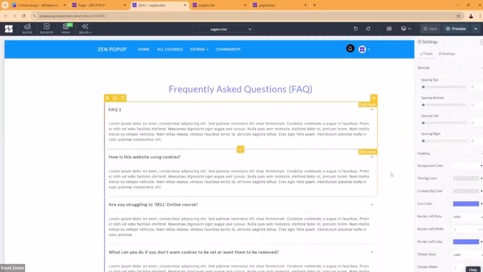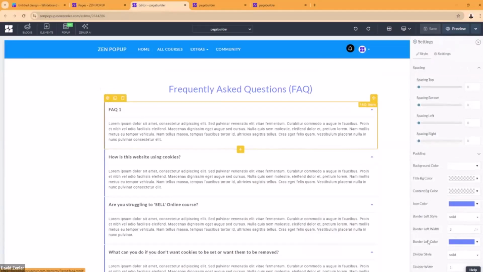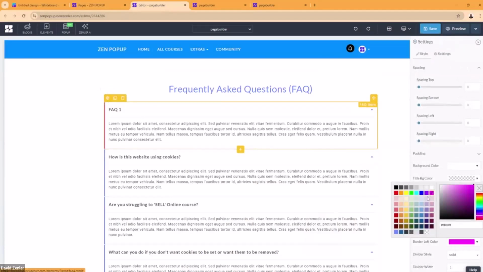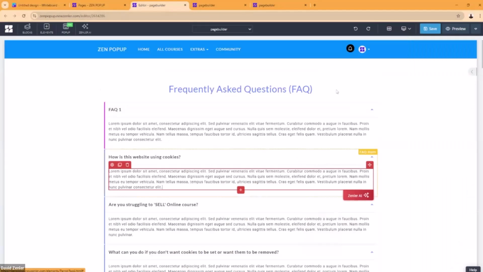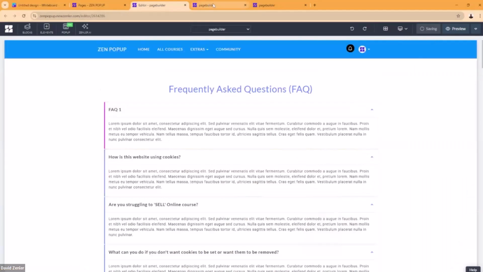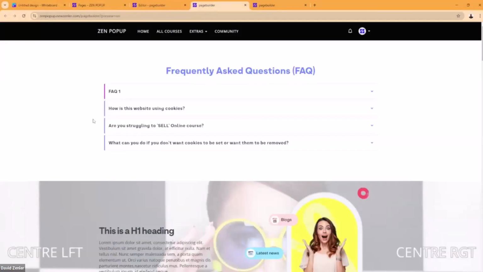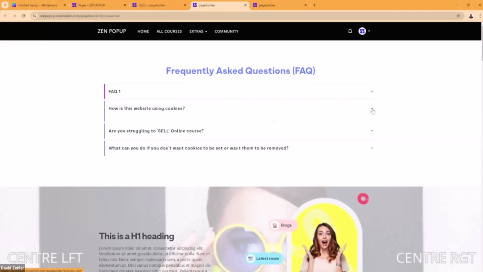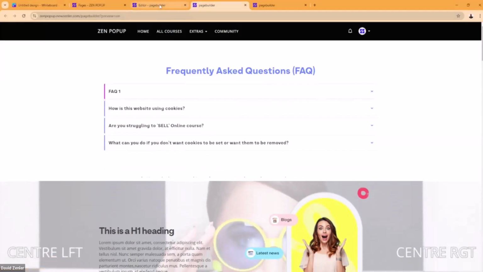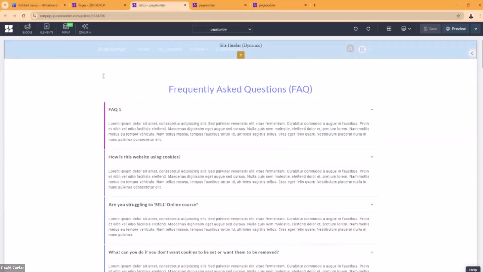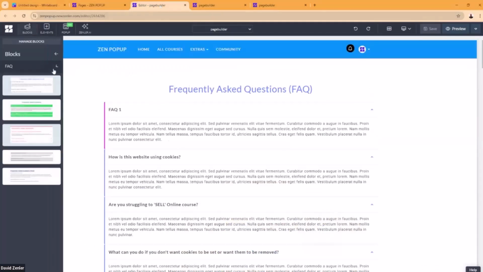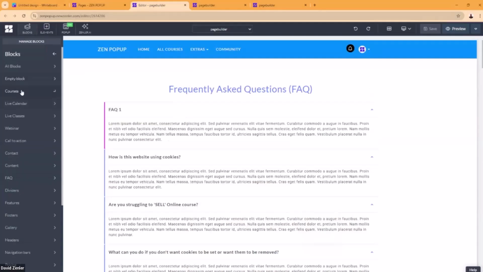For this one, for instance, we've got the icon color and the border left. If I make this border left this kind of purpley color and save it, I'm going to get a different color for that when I click it in. As you can realize, I can't go through all the settings. There's too many, but you can play with all of them. So you get this stuff come up now in purple. FAQ blocks are used a lot. I know Oenka's in here and I think Oenka's used them a few times. So it's worth going in, in your spare time, and wondering what that block looks like, and just opening them up.